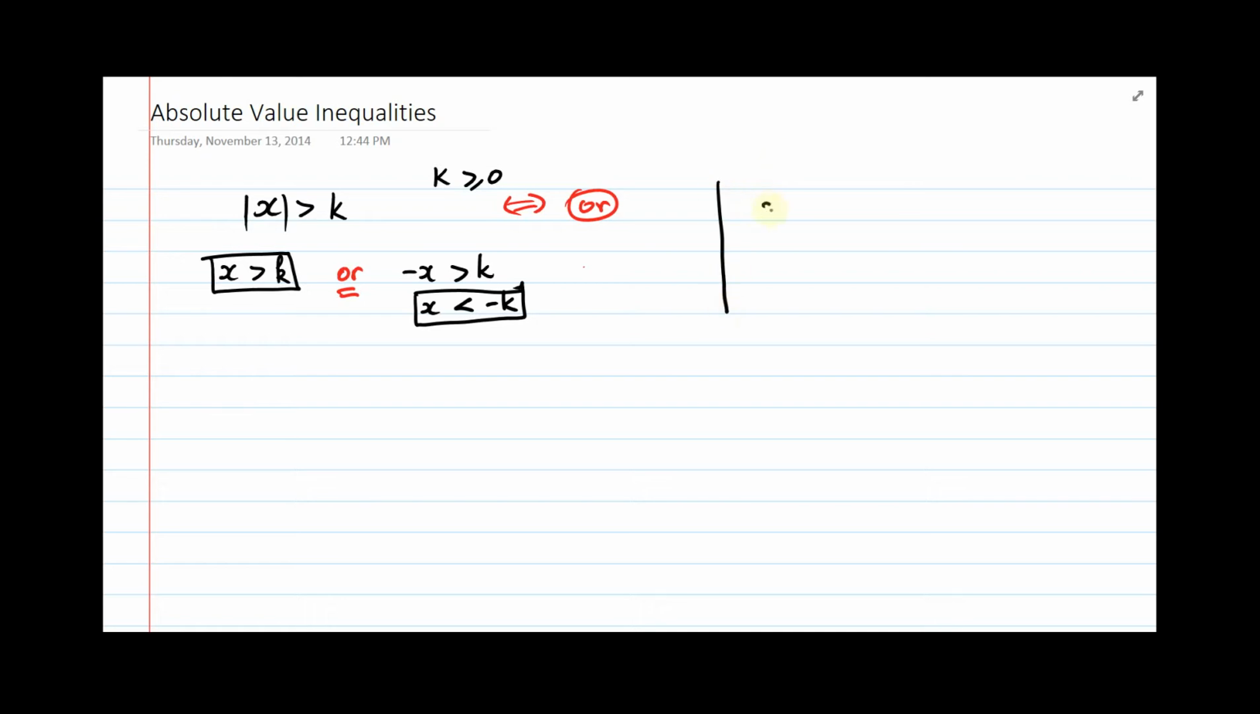So to compactly write this, we had the absolute value of x is greater than k. Your textbook will write that this means that x is greater than k, or x is less than negative k. All right. If we look at the absolute value of x is less than k,